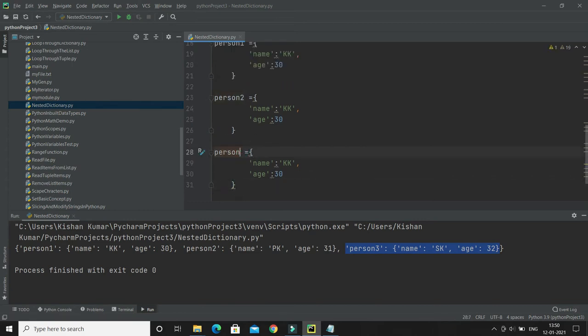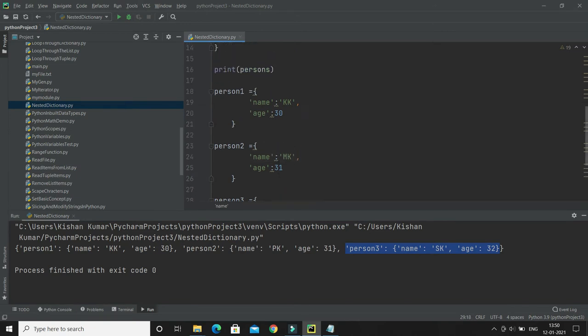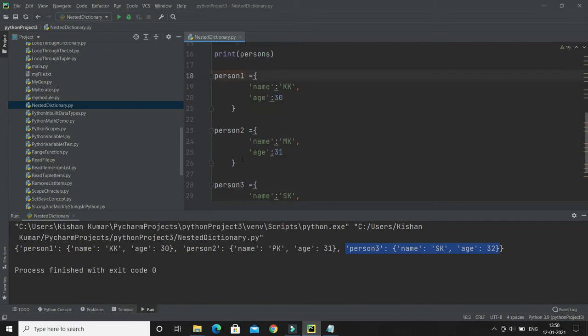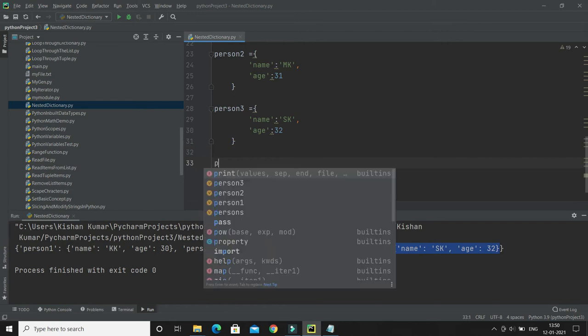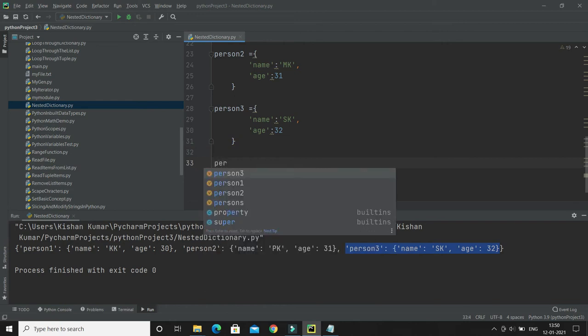Let's change the values as well. Okay, so now we have three small dictionaries, and I want to use these inside another dictionary. So let's say I'm going to create persons